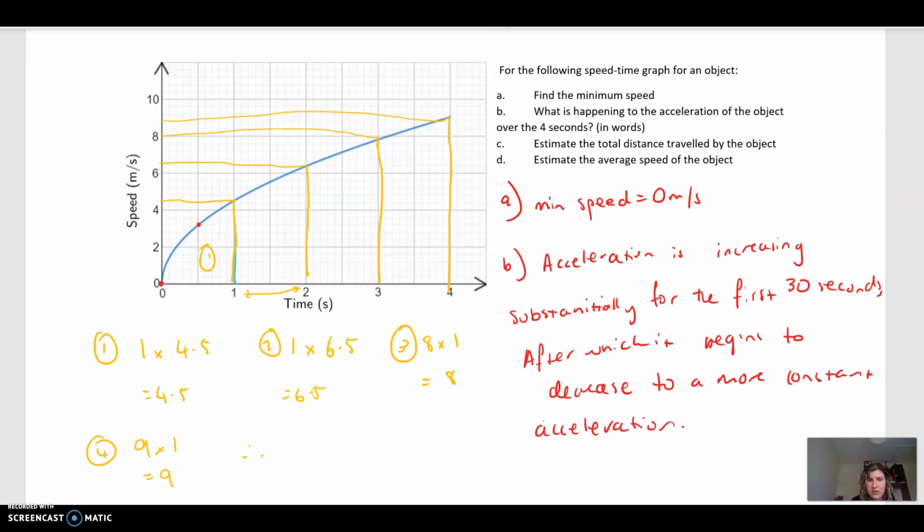So my total distance that I've gone is 4.5 plus 6.5 is 11, plus 9 is 20, plus 8 is 28. So 28 meters altogether is my total distance. Now lastly, average speed is 28 over 4, which is 7, because that's the total